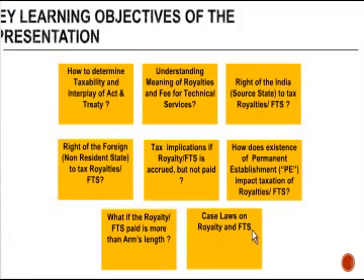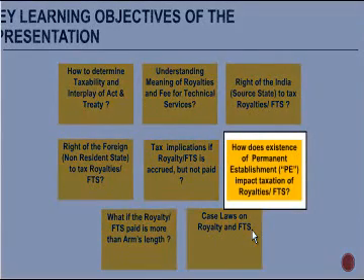The next one is something which you are going to see very commonly across all the articles, which is that in case this foreign party or the foreign recipient has a permanent establishment in India, right? So he is deriving some income by way of royalty or FTS, but he is also having a permanent establishment in India. Then in that case, how does the existence of a PE impact the taxation of royalty or FTS?